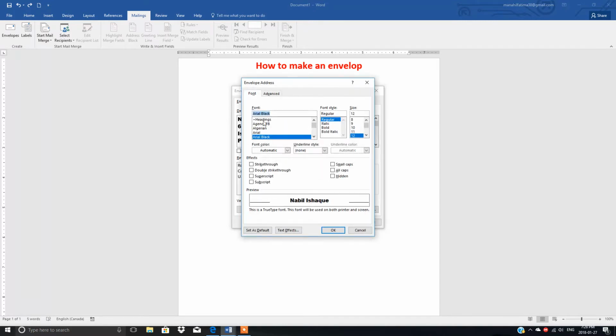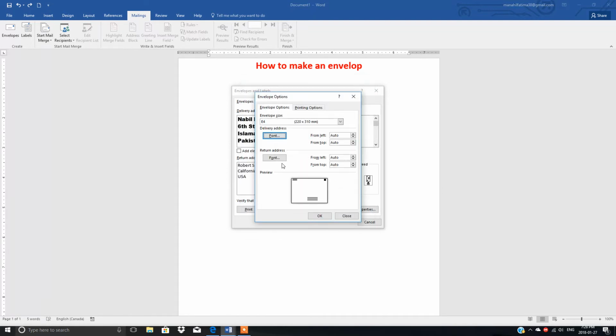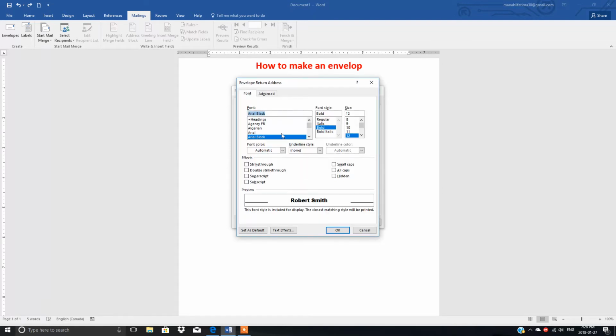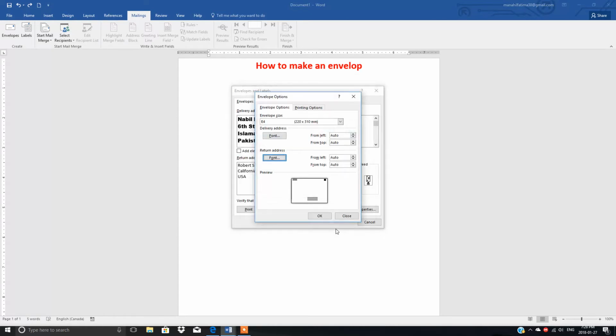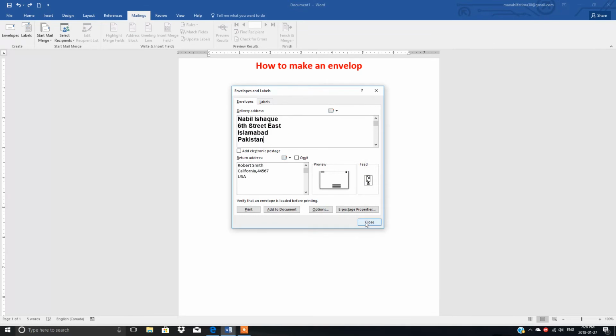Open this. So which font do you like? Here I said okay, Arial is fine, bold, and then we wanted 14, right? And then if you want, you can change the color from here as well, but the black is fine. Okay, go to the return address, do the same thing, bold, and here suppose we want 4. If you want, you can change the color, underline or whatever, and then okay, and okay, and then